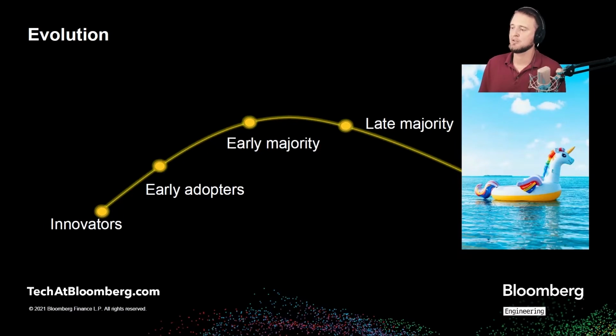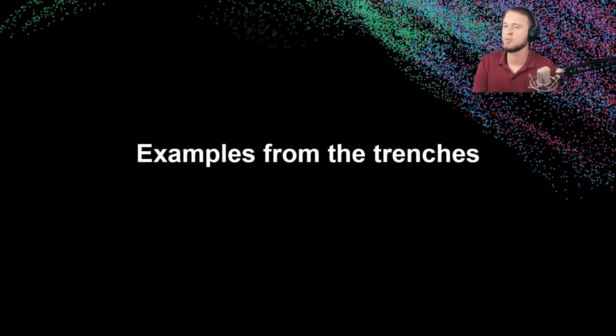Look how I managed to actually find a photo that has rainbow unicorn that's inflatable on a holiday at the beach. So this is what we want, and that's why we keep improving on the tools and we keep making things more accessible and easier to use. Hopefully that gives you an idea of where we are right now, and let's talk a bit more now about some actual examples from the trenches, some of the things that we actually uncovered that made significant difference to us, that hopefully demonstrate what you too can achieve with that.